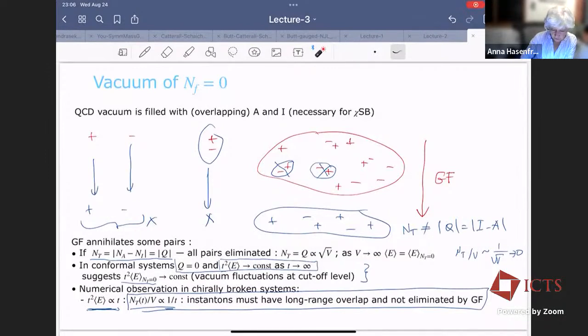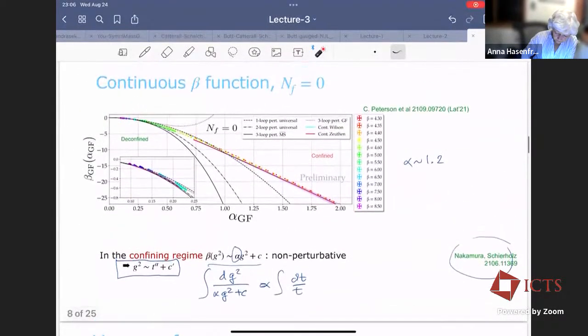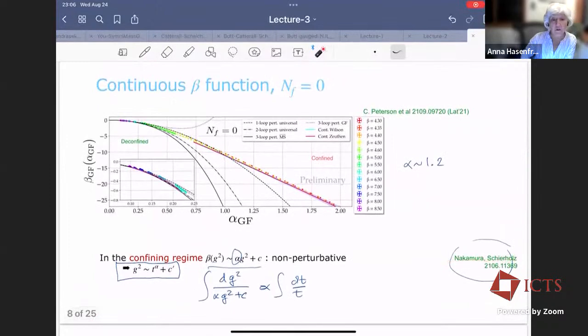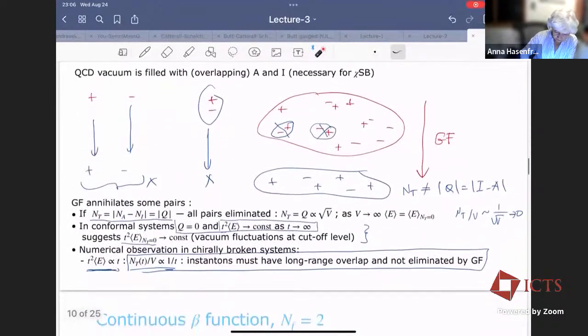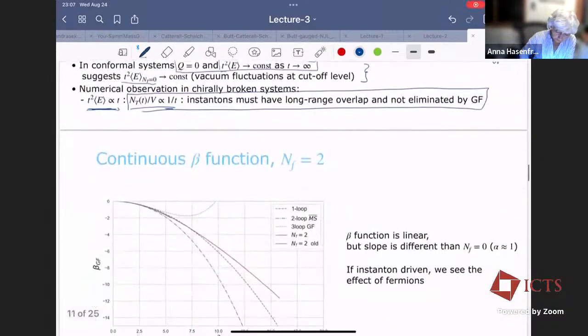I haven't seen much on this. The only paper I've seen, and that really didn't address many of these questions, is the Nakamura-Schierholz paper. But I am just throwing it up as something that could be very interesting to give information about the QCD vacuum. Again, I have to say these are all speculations. But I am very excited to learn if any of that is correct. Good. Now,